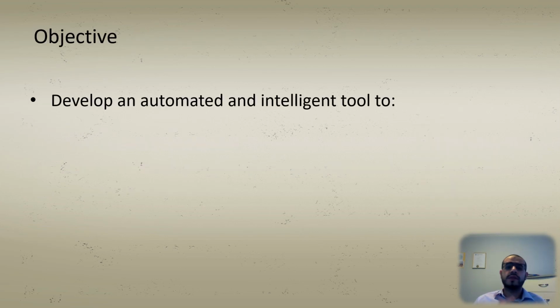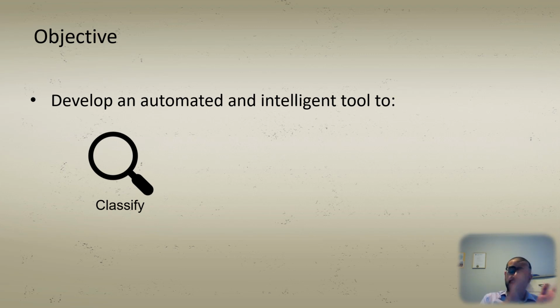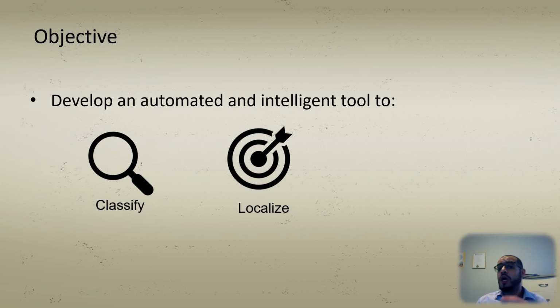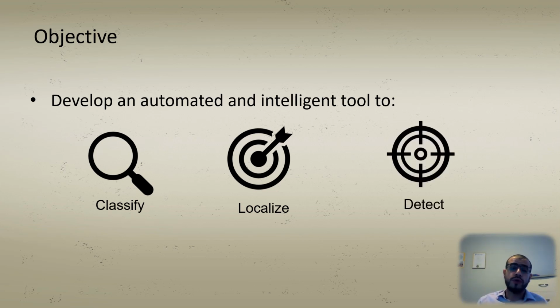Now, in order to enhance the existing practices to develop a tool that can be reliable with higher accuracy, we relied on an objective. And this objective is developing an automated and intelligent tool. And the sub-objectives were developing a model that can classify the frames into defective frame versus non-defective frame from a sewer defect perspective, localize those defects based on their location within the frame, the clock reference, and so on, and also detect those defects, especially when we have more than one defect in a frame.